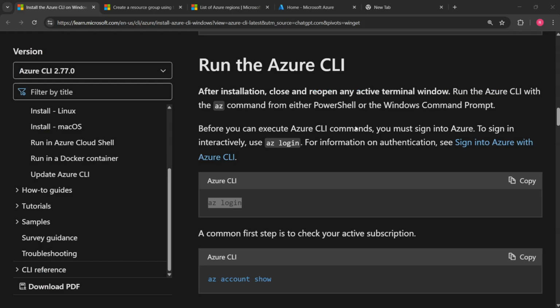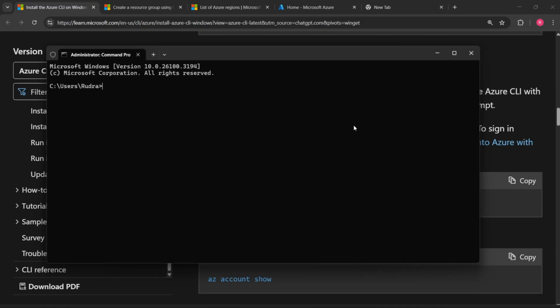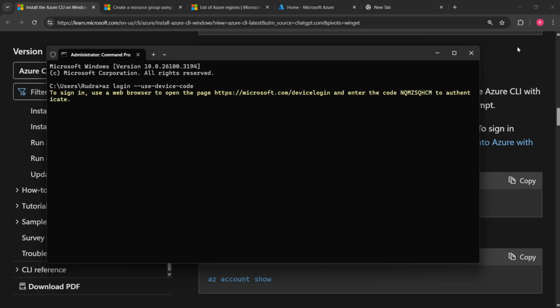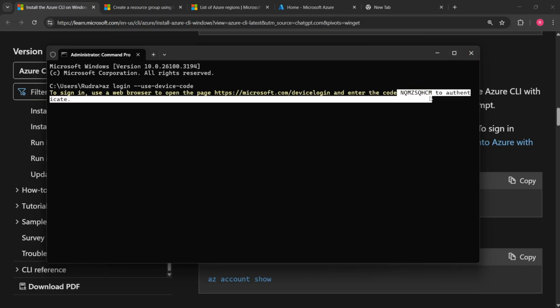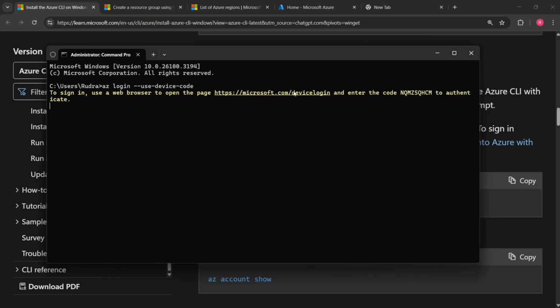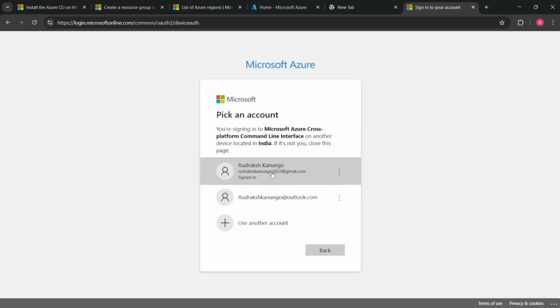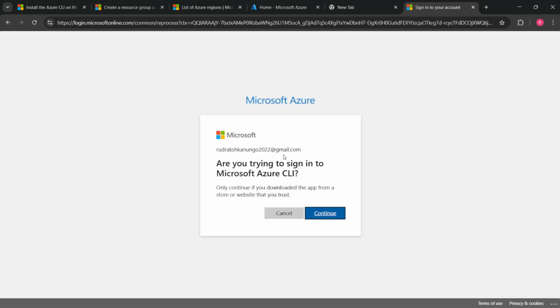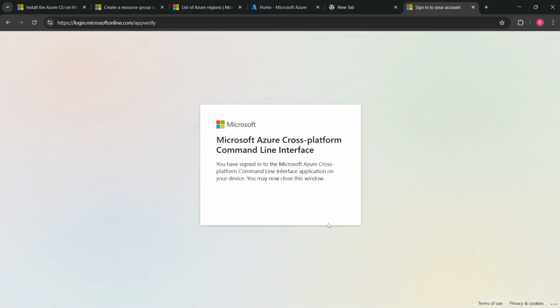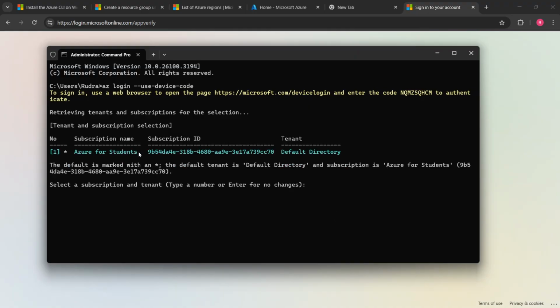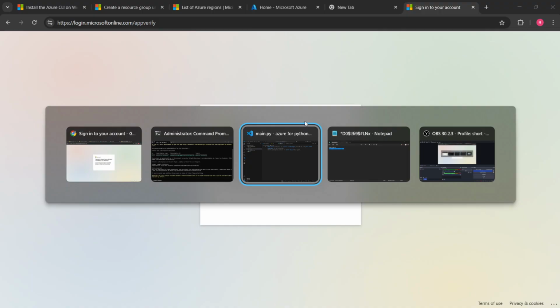Go to your CMD and run this command, using the device code. Copy the code, go to the link and paste this code, add your account and click continue. And then just copy this subscription ID and then go to your code